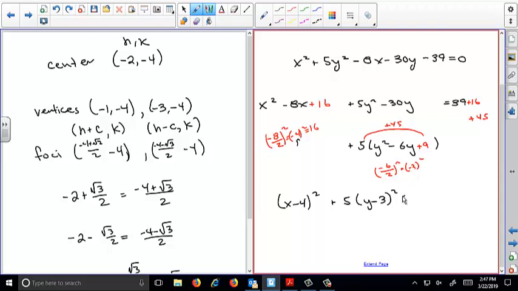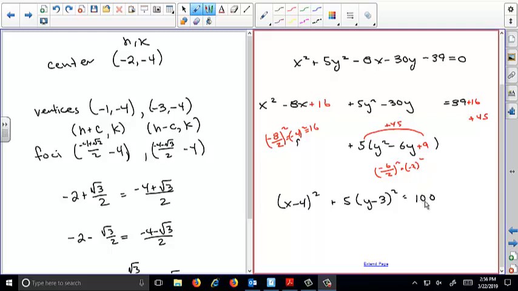And then you add all the numbers up on the right-hand side. So you get 39 plus 16 plus 45 is 100. Oh, how about that? 100. Okay, so we're almost there. The only thing we have to do is